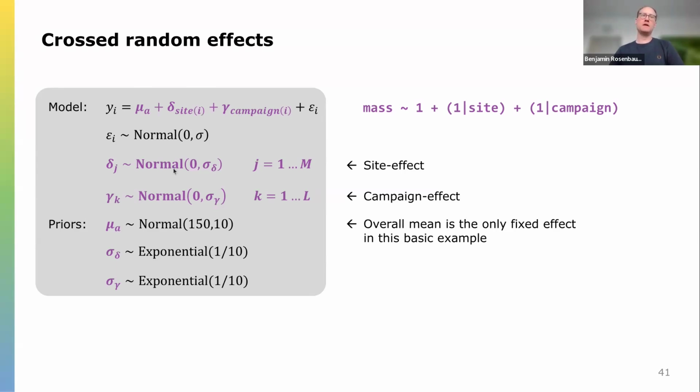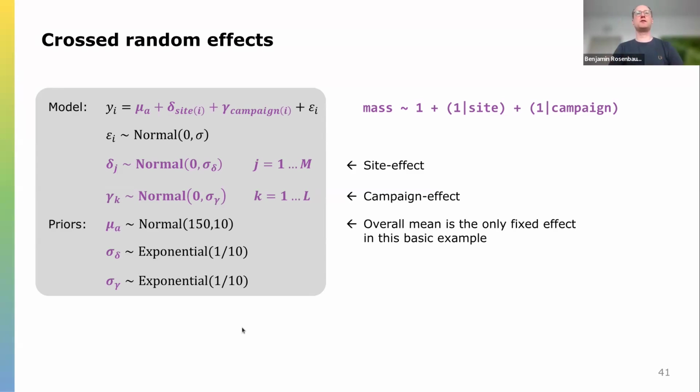And each of them are now modeled in this random effects framework. So the site level deviation will have some standard deviation, and also the campaign level deviation will have some standard deviation. Both of them are free model parameters and can have priors, and they are estimated in the